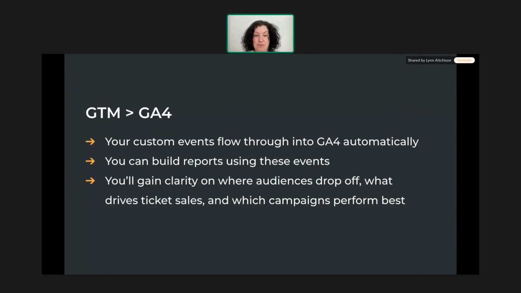So you can pull any trackable event into your Explore reports as well. These reports are really excellent for helping you identify drop-offs, what drives ticket sales, which campaigns perform best. And there's a wide range of the templated Explore reports, as well as the completely self-built free-form reports. But the templated reports are your cohort report, which explores behaviours and performance of groups of users linked by common